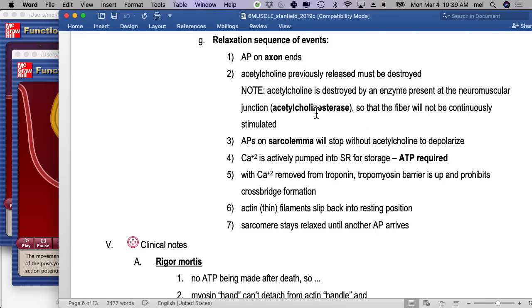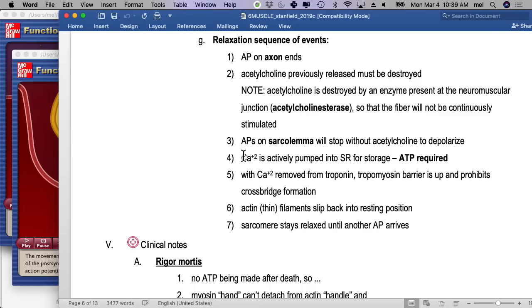Okay, so the enzyme that you need is acetylcholine esterase, right? And it's present on the postsynaptic cell, on the sarcolemma at the motor end plate. Okay, so now here's what we just accomplished. We just stopped stimulating it, and we took care of the acetylcholine that was there from the last time, right? And so without an action potential, or without a depolarizing graded potential, I shouldn't get an action potential,